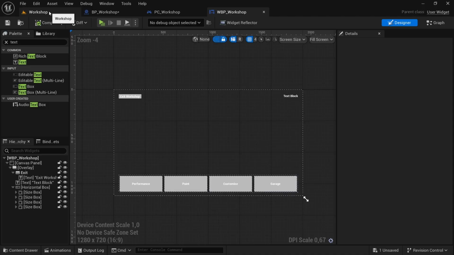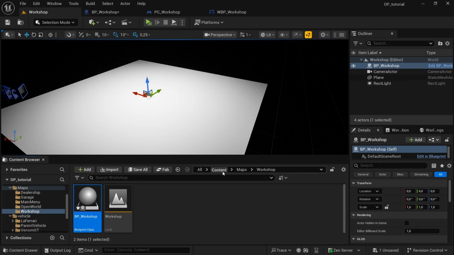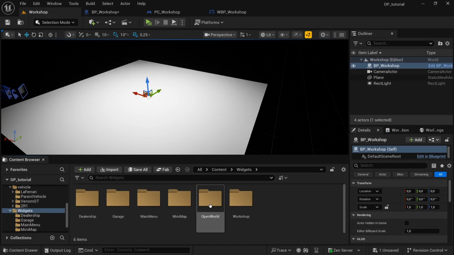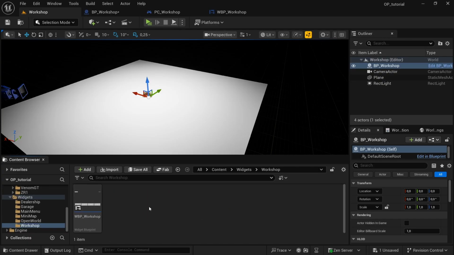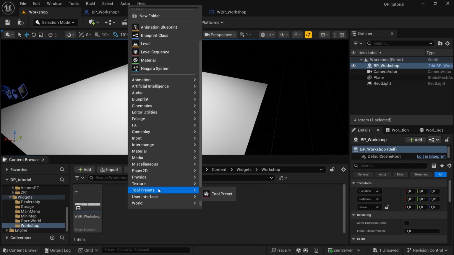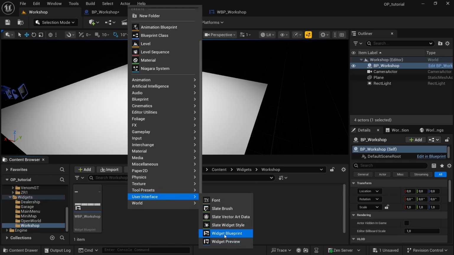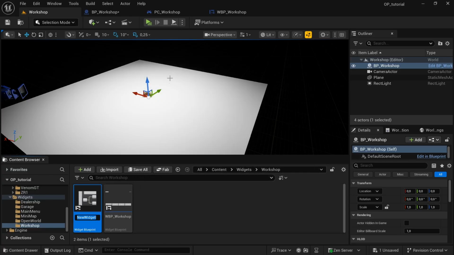Let's just do the widgets. I think we have enough time. Let's just quickly create the widgets as well. Gonna go Content, Widgets, Workshop, and then right click in here, User Interface, Widget Blueprint, User Widget, and then WBP underscore